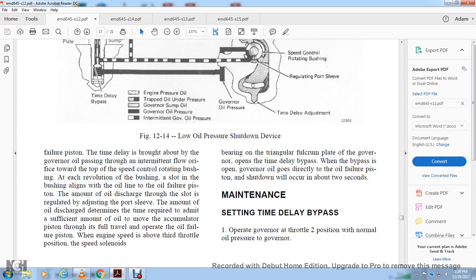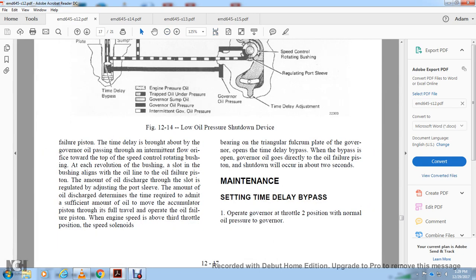Failure position. The time delay is brought about with the governor oil pressure passing the intermittent flow orifice toward the top of the speed setting of the rotating bushing at each revolution of the bushing. A slot in the bushing aligns with the oil failure piston with the amount of the oil discharged through the slot. The regulator with the adjusting port sleeve controls the amount of the oil discharge to determine the time related to the emitted sufficient oil for the movement of the accumulator piston through the full travel of the operating